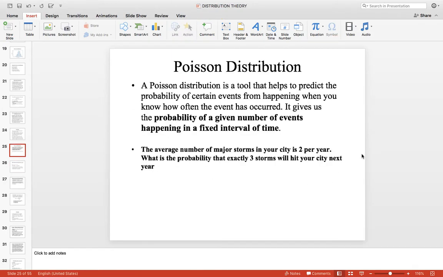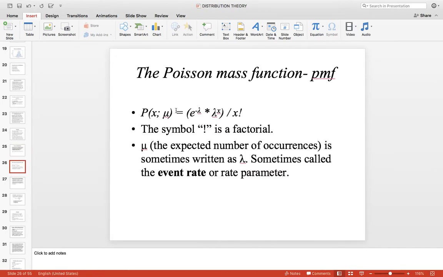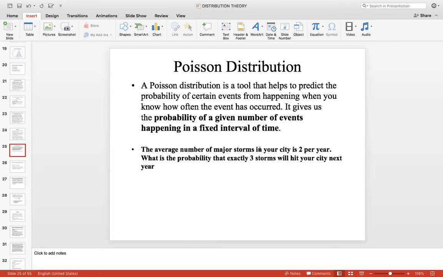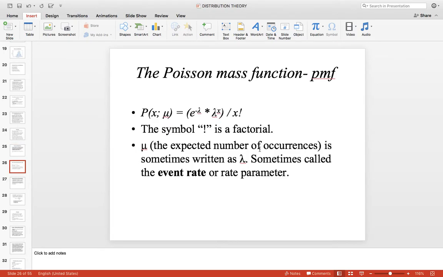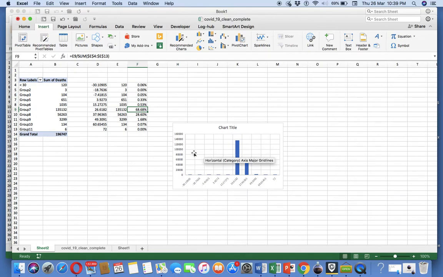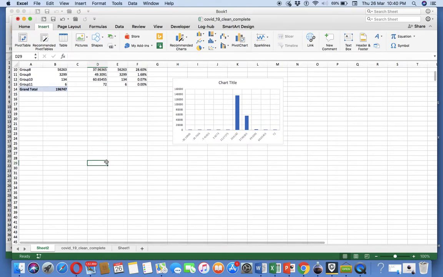Now we can go back to the same example. The average number of storms that hit a city is 2. So in this formula, e raised to the power of minus 2 into 2 raised to the power of x, what's the probability of 3? We want to find out 3. So we shall use it in Excel. So we'll come back here. So probability of no storms, probability of 1 storm, 2 storms, 3 storms, 4 storms, 5 storms. Okay. So probability of 3 storms is calculated as equal to